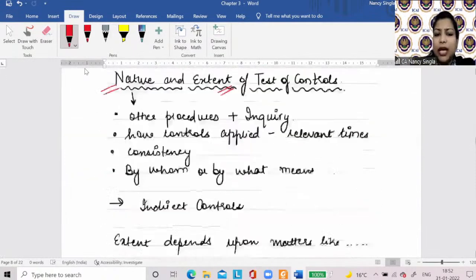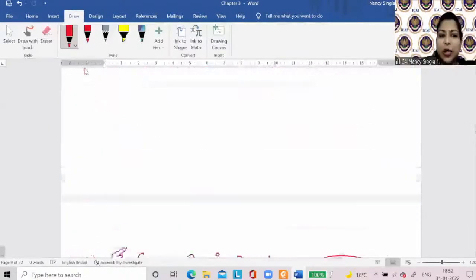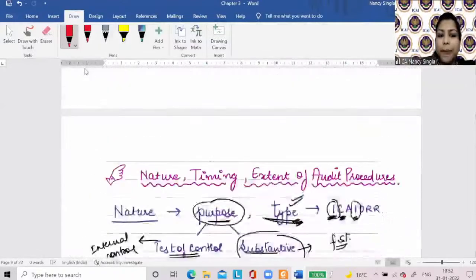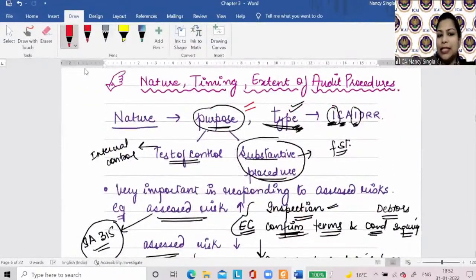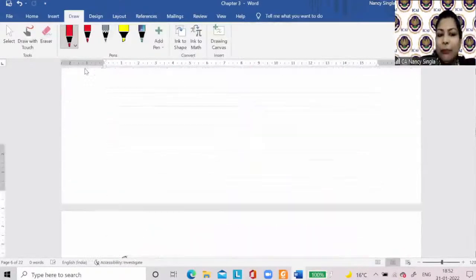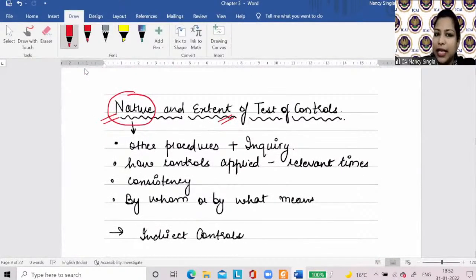Inquiry. First of all, I am going to inquire. If you remember, what was the nature when we discussed audit procedures? It was purpose and type. ठीक है? So, when I am performing the test of control, purpose तो clear है ना कि इंटरनल कंट्रोल को